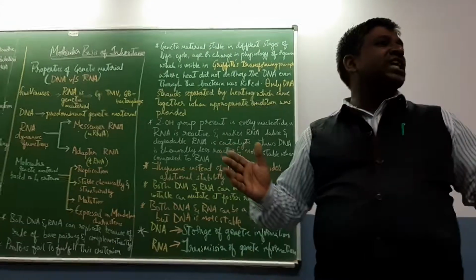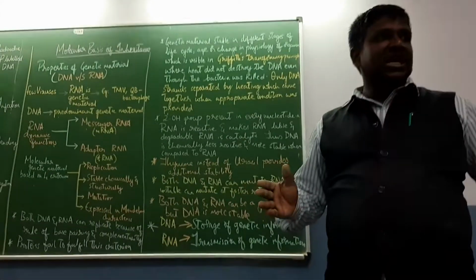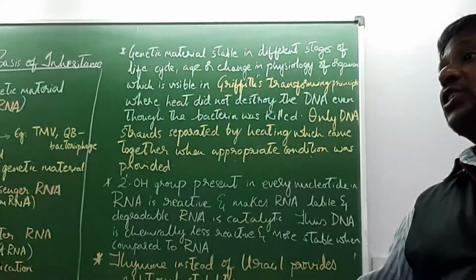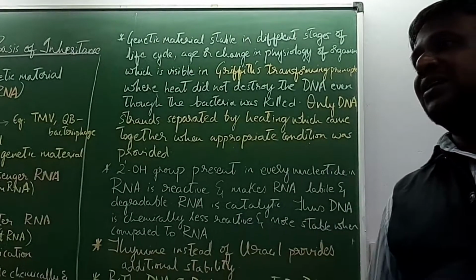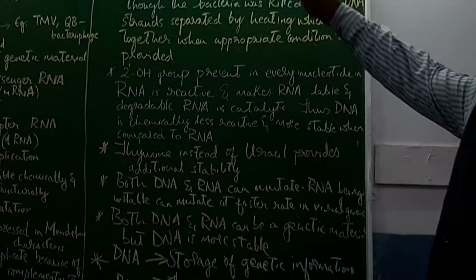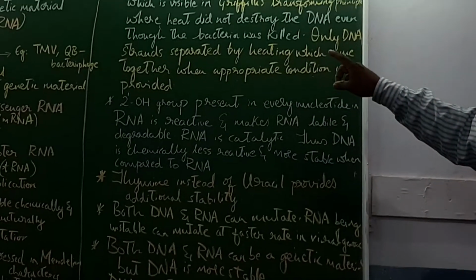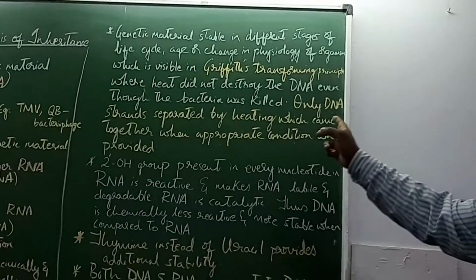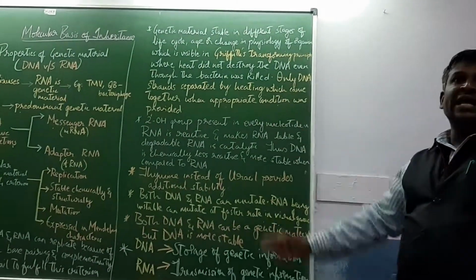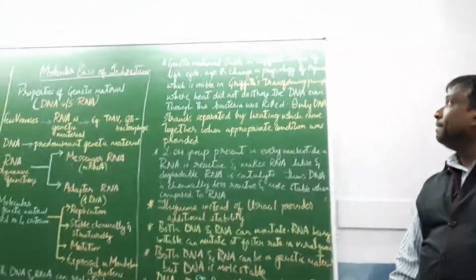Throughout lifetime, genetic material remains stable. Through the life cycle, age, and changes in physiology, DNA does not get affected. DNA remains the same. That is the point. Genetic material is stable in different stages of the life cycle, age, or physiology of the organism, which is visible in